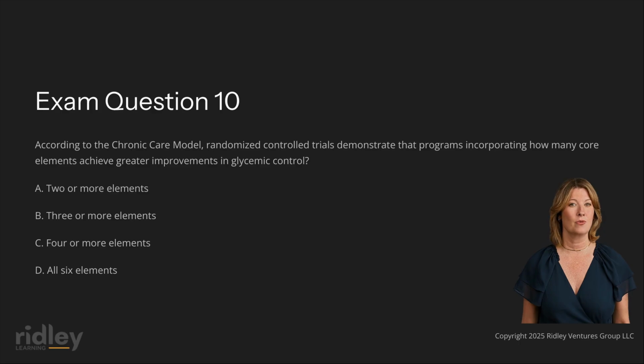The correct answer is 4 or more elements. Rationale: the chronic care model is a framework for organizing healthcare delivery to optimize outcomes in chronic disease management. The model identifies 6 core elements: health system organization, clinical information systems, delivery system design, decision support, self-management support, and community resources. Research evaluating chronic care model interventions has demonstrated a dose-response relationship between the number of elements implemented and clinical outcomes. Specifically, randomized controlled trials show that programs incorporating 4 or more of the 6 core elements achieve significantly